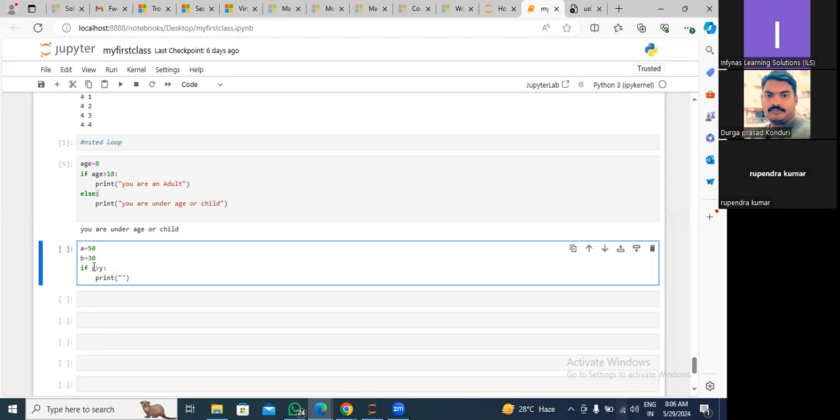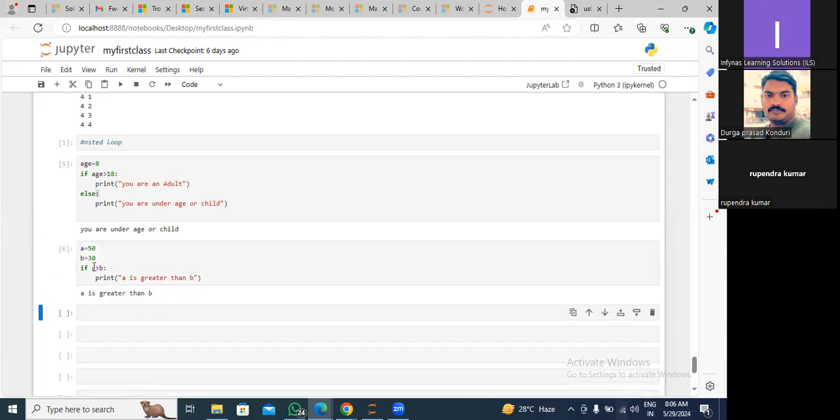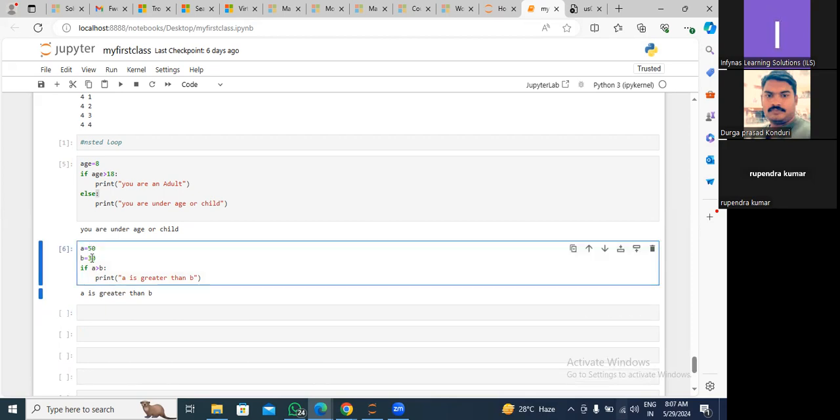A greater than b. It printed because 50 is greater than 30, right? Now if I make this 30 to 80,